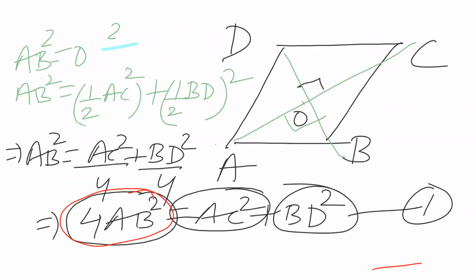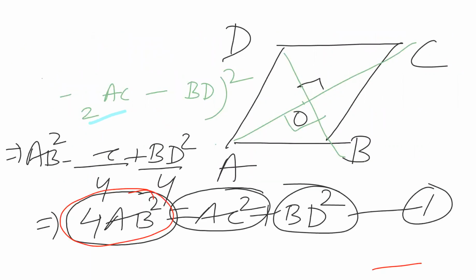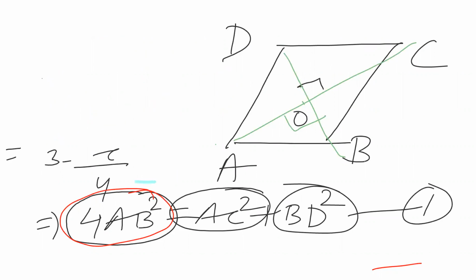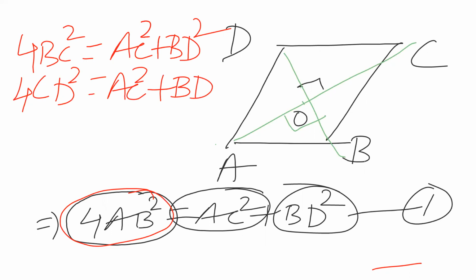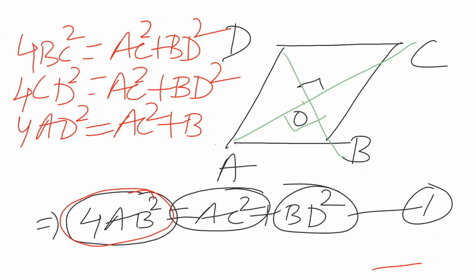See this one. We have 4AB² as AC² plus BD². So similarly, you can write 4BC² as AC² plus BD² again, and 4CD² as AC² plus BD², and 4AD² as AC² plus BD². In the same way,